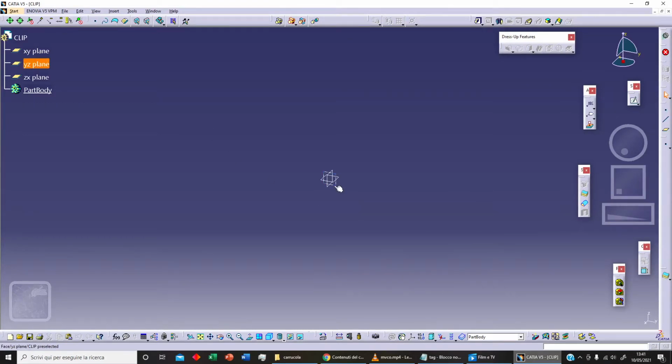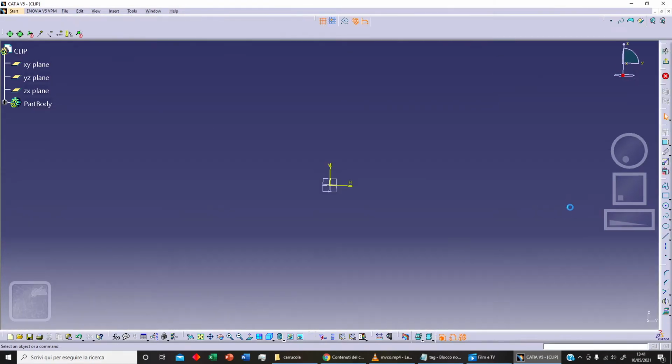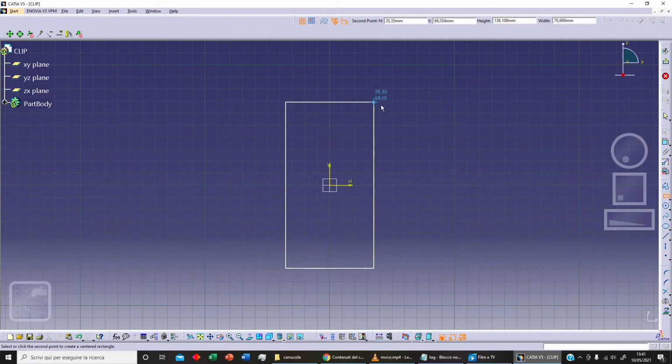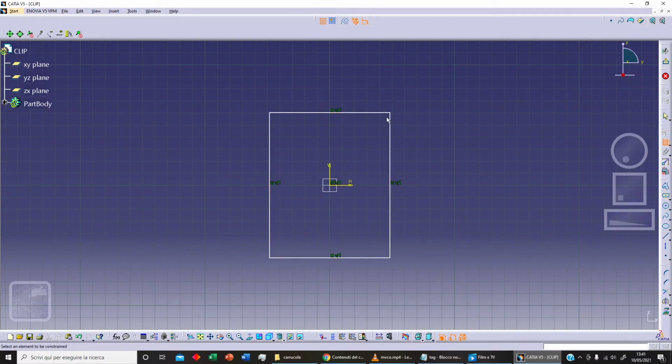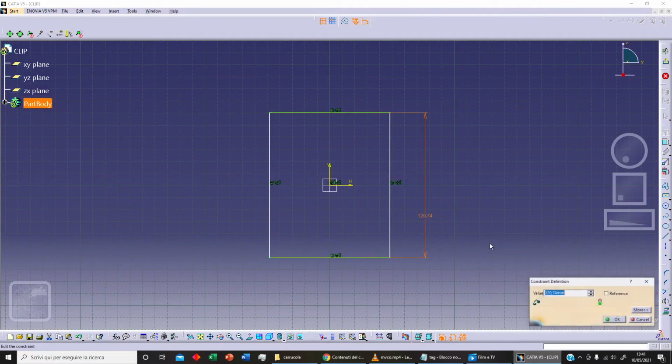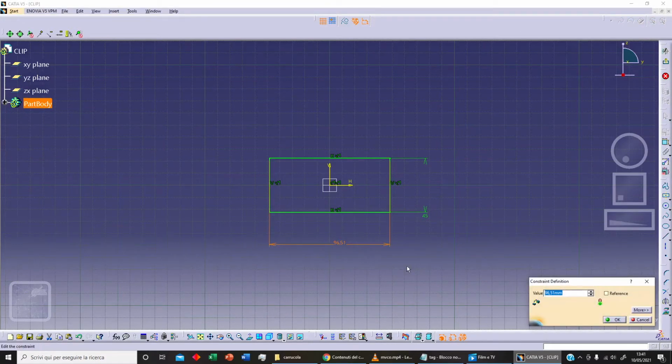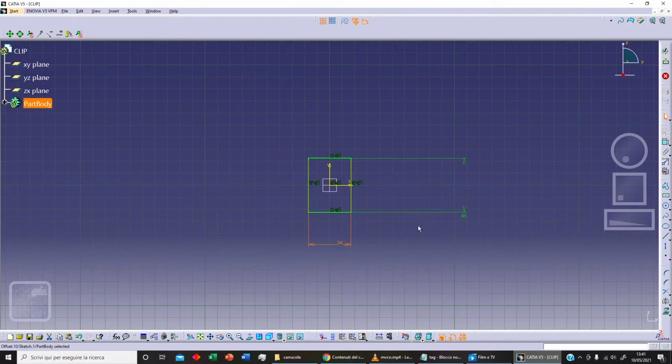We can select our YZ plane, and on this plane we can sketch a centered rectangle like this, and we can fix this length here, let's say 45, and we can fix this length 34. Okay,